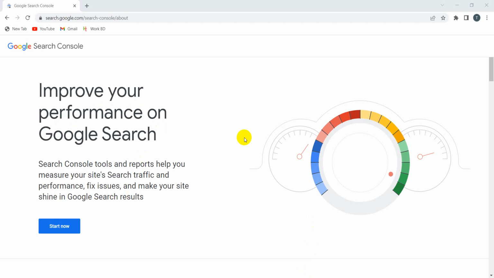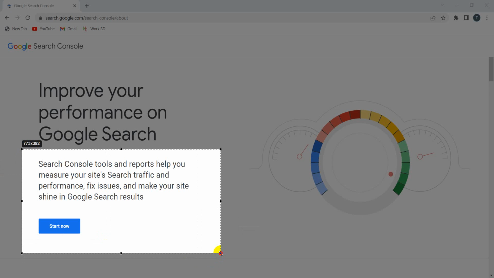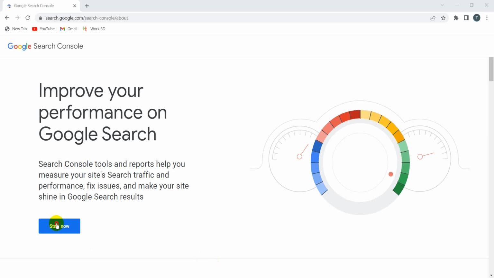Look, you don't have it yet, you did not verify your website with Google Search Console. That's why you need to start Google Search Console, and to verify your website you need to click on it. So click on it,